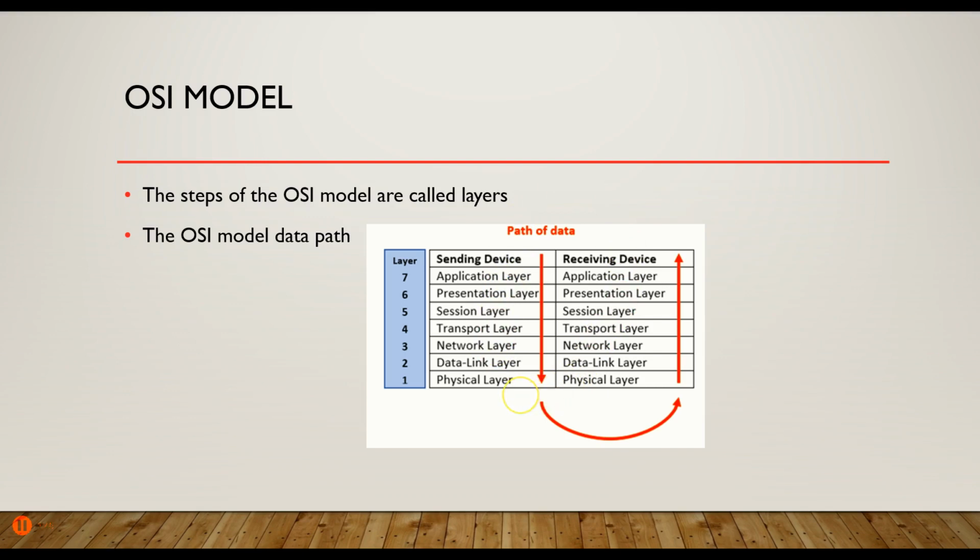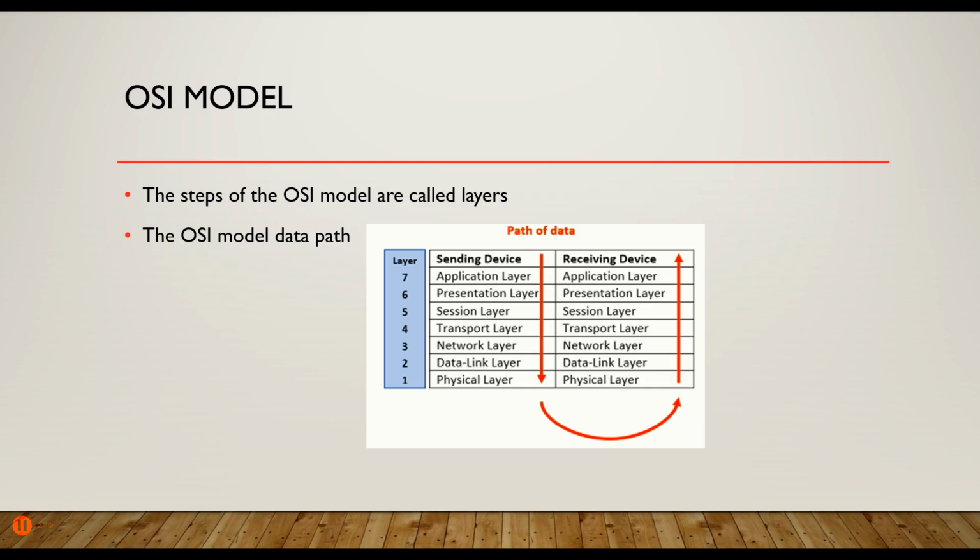That then moves down to the presentation layer. We'll talk about what these do more specifically in a little while. The presentation layer passes the data down to the session layer, which passes it down to the transport layer, the network layer, the data link layer, and the physical layer. At this point, the physical layer is where wires and radio signals and so forth exist.